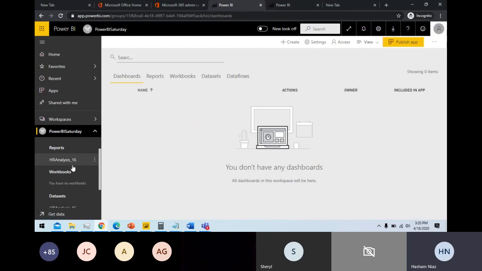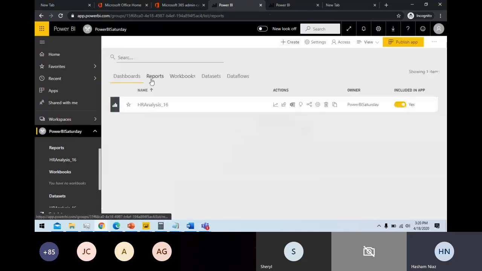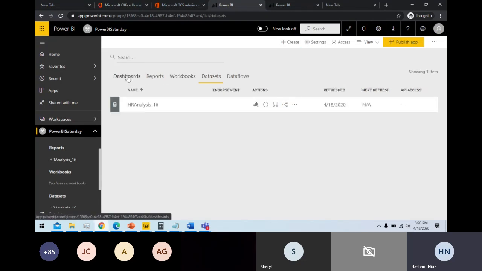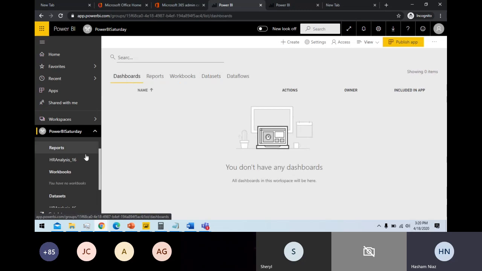D365. Here, what I'm going to do, I'm going to include what needs to be published in my app. So I can choose like this needs to be published into the app. If I have a dashboard, I can assign this particular dashboard as well. So what are the contents that need to be available in the dashboard?